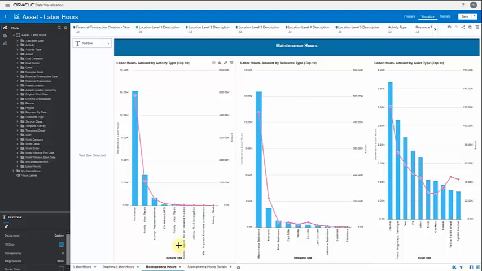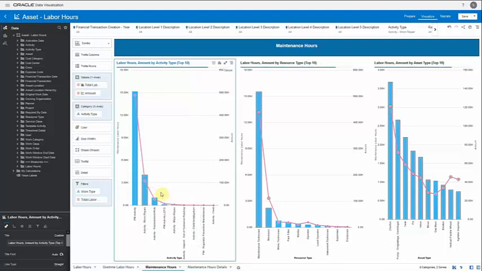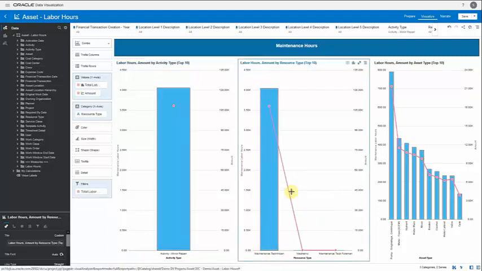For example, I know that my second largest effort spent on labor is on the activity minor repair. So I can select the activity minor repair, and then I can see that these are the top three technicians which have utilized most of my labor hours for completing the minor repair activities. So I can say, okay, maintenance technician. I want to see which asset types are consuming on it. So if I keep selected the maintenance technician,